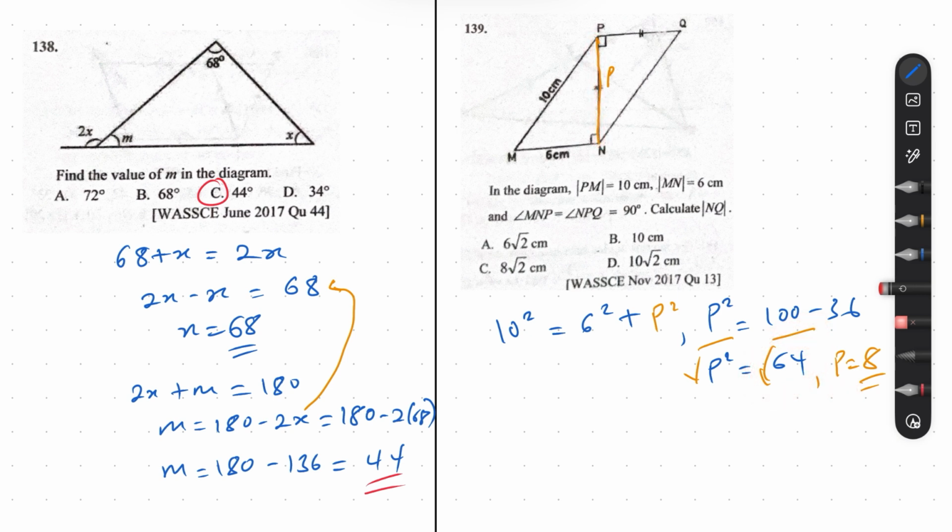Now we've been told that this line and this line are equal in magnitude. How do you know this is equal in magnitude? Because of this sign over here. So if this side is P, then this side is also P. That means this side is also P. Now you'll be asked to find NQ, which is this side. So let's call that Q. Now this triangle is a right angle triangle, so we can use